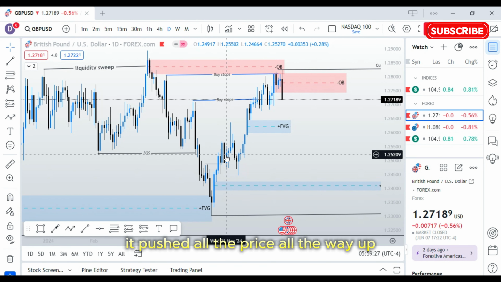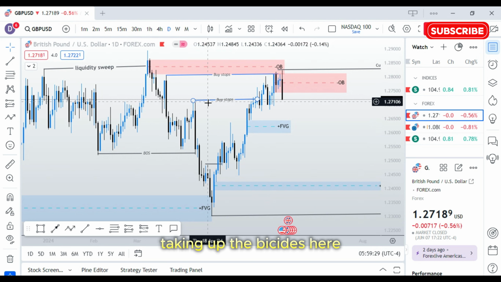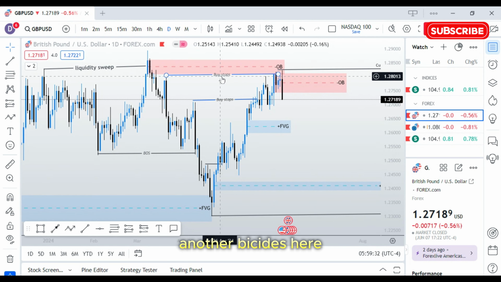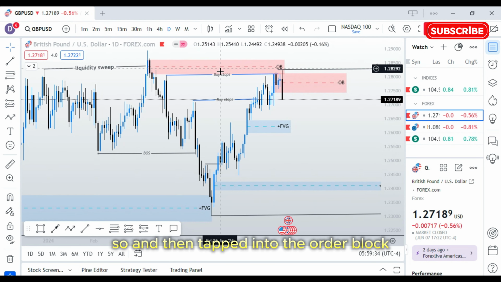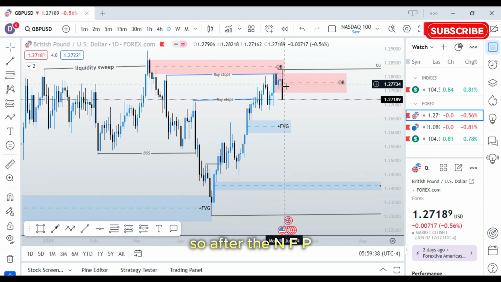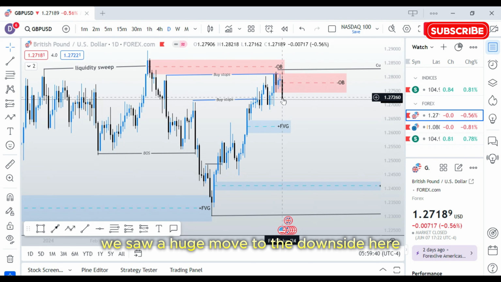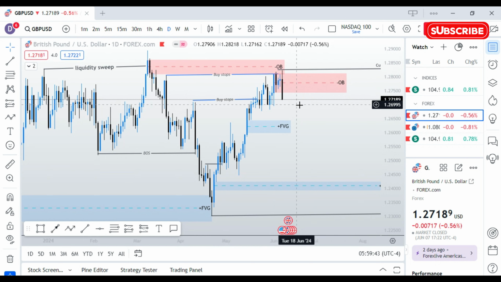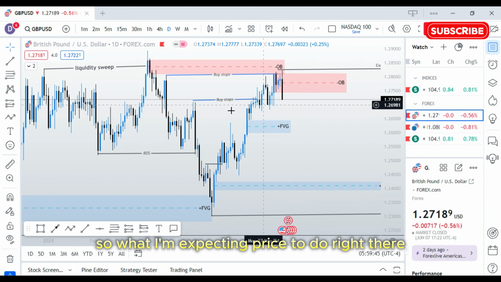It pushed all the price all the way up, taking up the buy sides here, another buy sides here. And then it tapped into the order block, which is the bearish order block right there. So after the NFP, we saw a huge move to the downside here. So what I'm expecting price to do right there,